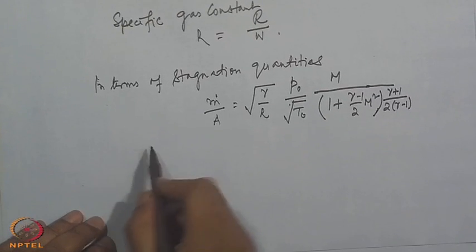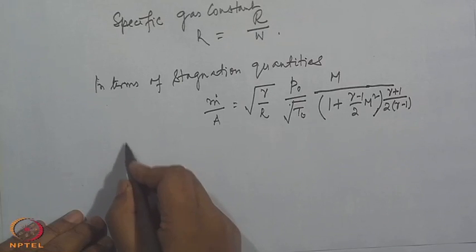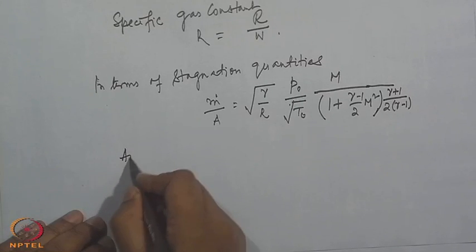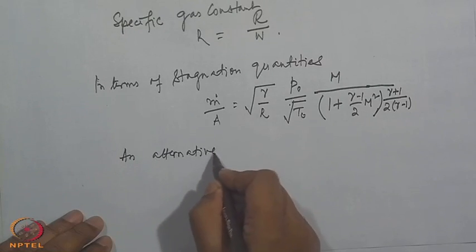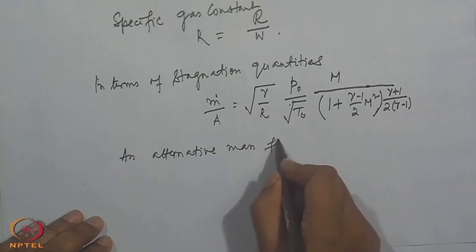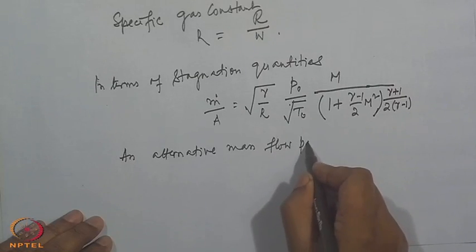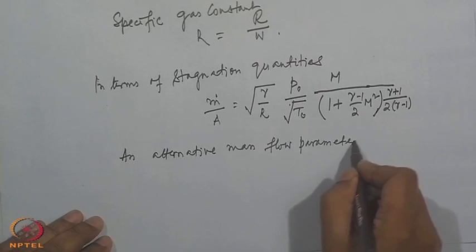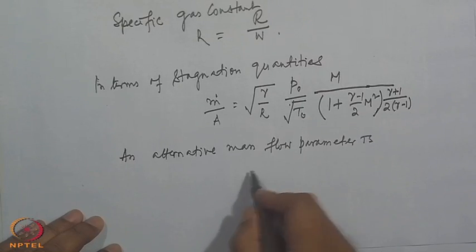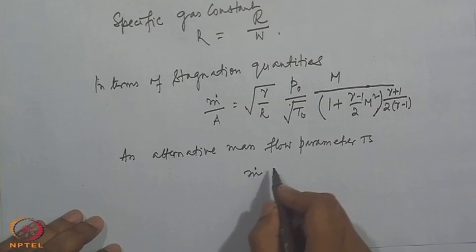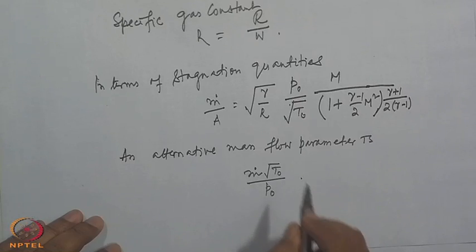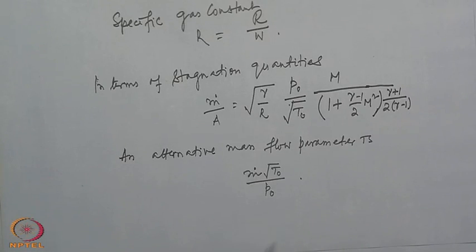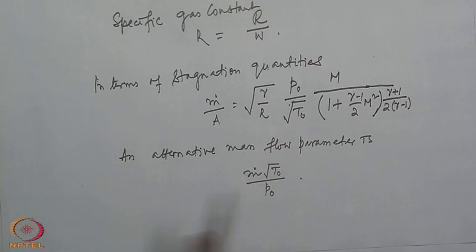And an alternative mass flow parameter is,